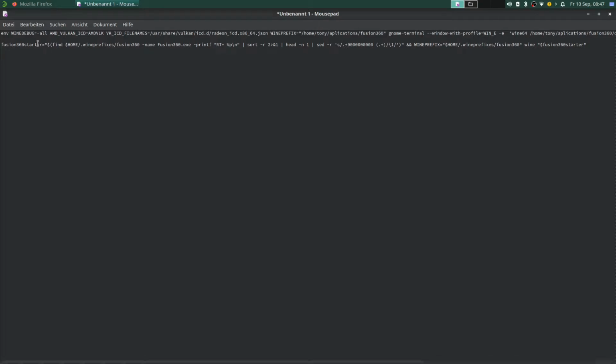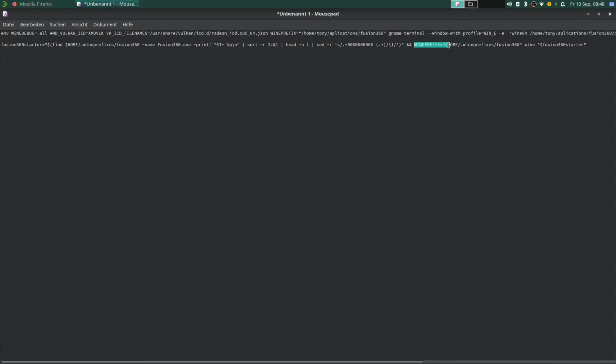And then we run it in the second pass here, this Fusion 360.exe file, here Fusion 360 starter, and here we can see